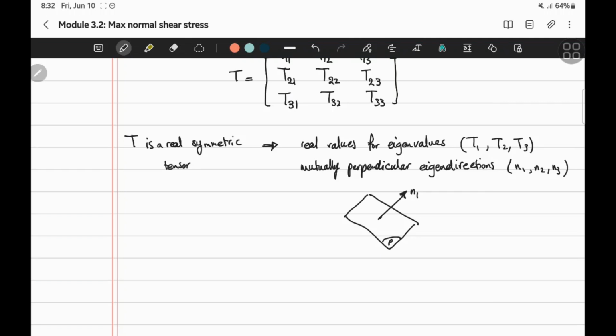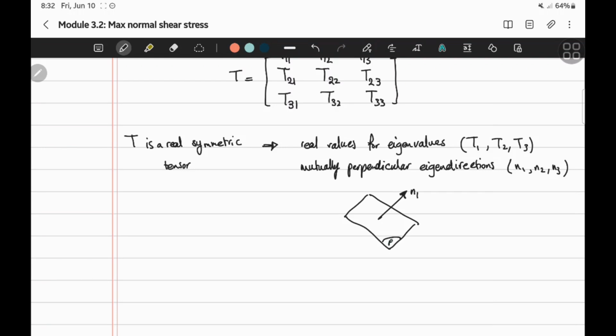And how can we get these eigenvalues and eigenvectors? We already discussed this in the first module. You can use the eigenvalue and eigenvector analysis, and you solve the characteristic equation,